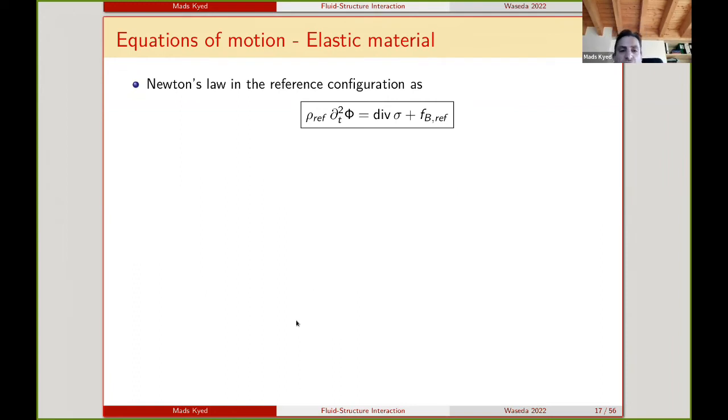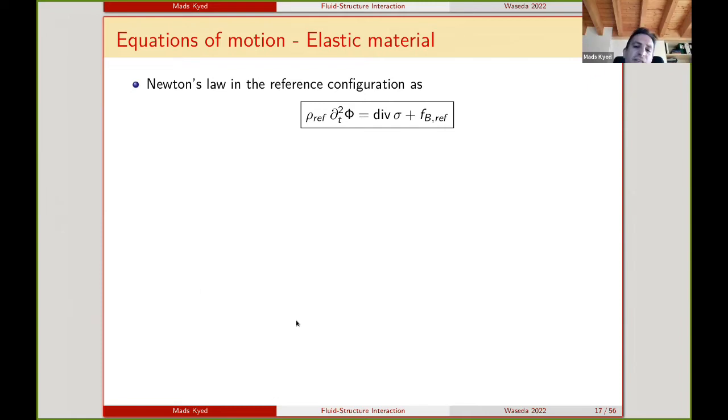So if I differentiate this motion two times, I get the acceleration multiplied by, well, now of course I have to be careful because the acceleration should be multiplied with the current density